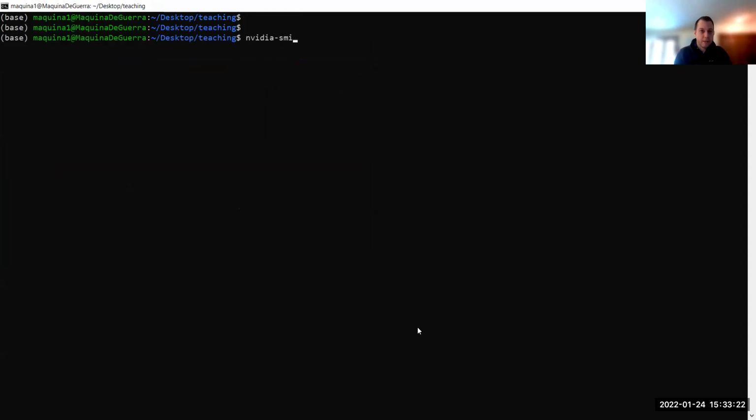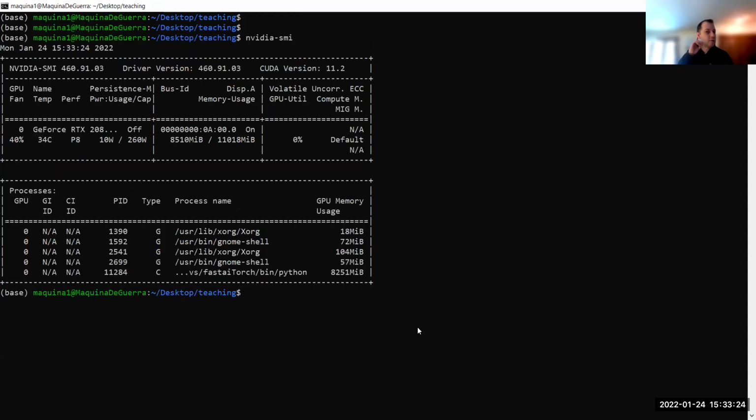So I'm going to do NVIDIA SMI, and then you can see PyTorch is allocated right now some memory. I'm just going to get rid of it because, if you notice, my NLP text processing LSTM was actually pretty slow, but did not error out with memory issues, which was great to see, right?